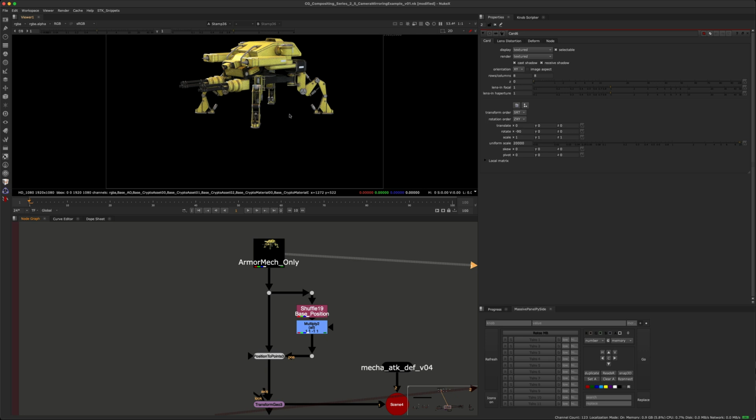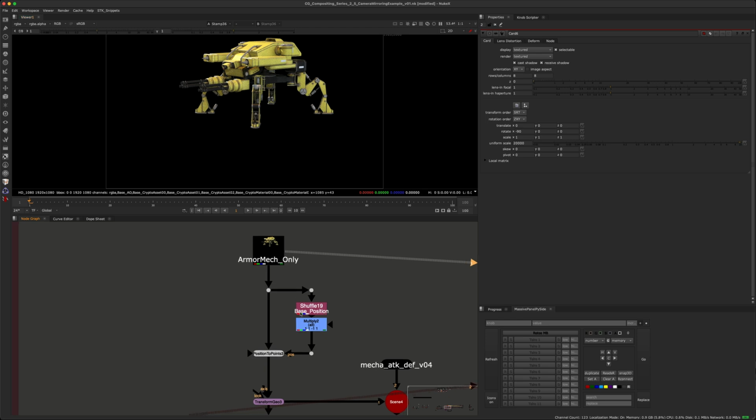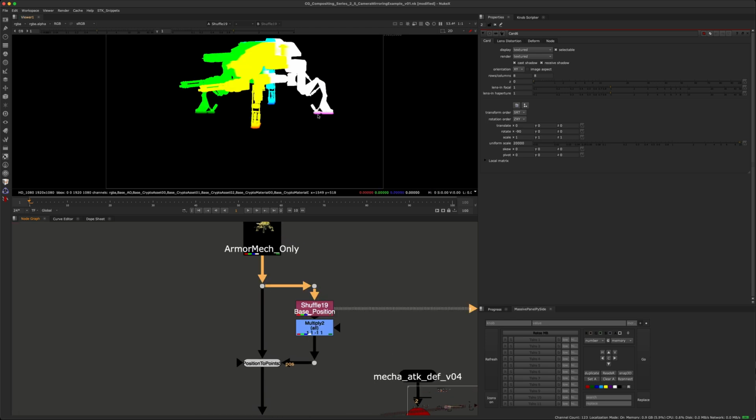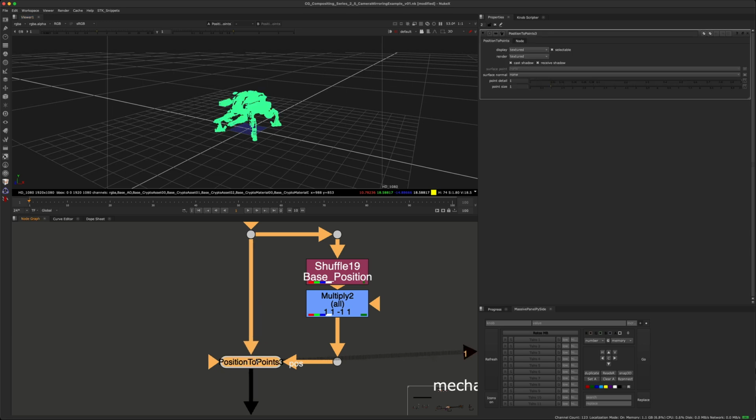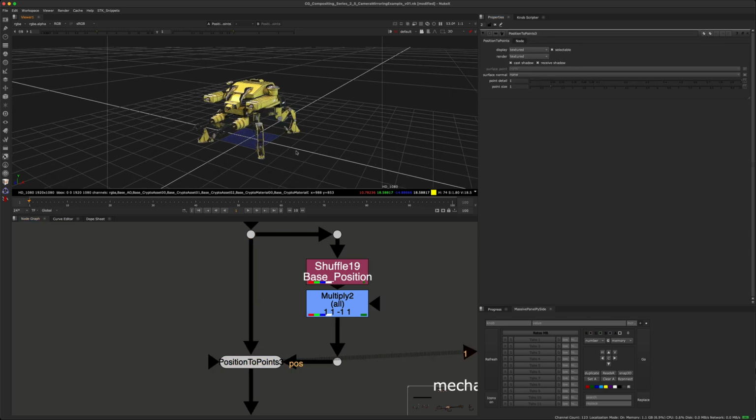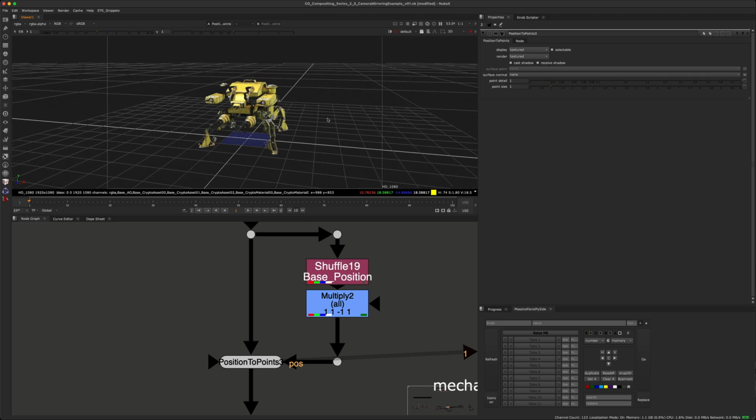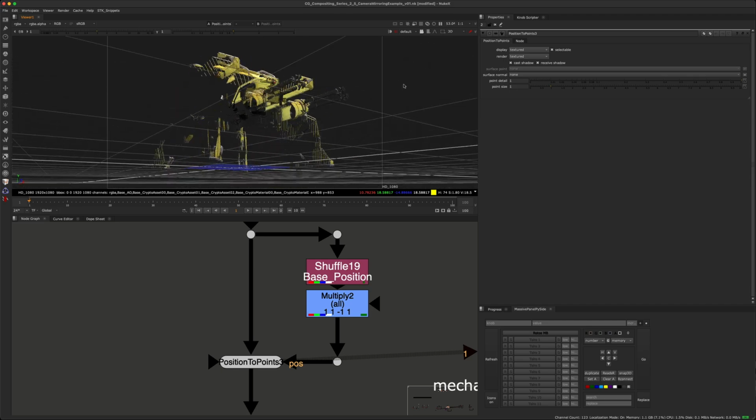Well, what if you don't have geometry and you only have the render pass? Is there anything that we can do as compositors? Well, there is one more trick where if you have the position pass, which I'm not going to get too much into, but basically it's telling you the location of each pixel in 3D space. So each one of the RGBs is a coordinate, so it will put the pixel color in that coordinate in 3D space. So if we use a PositionToPoints node and plug that into the position pass, we'll get